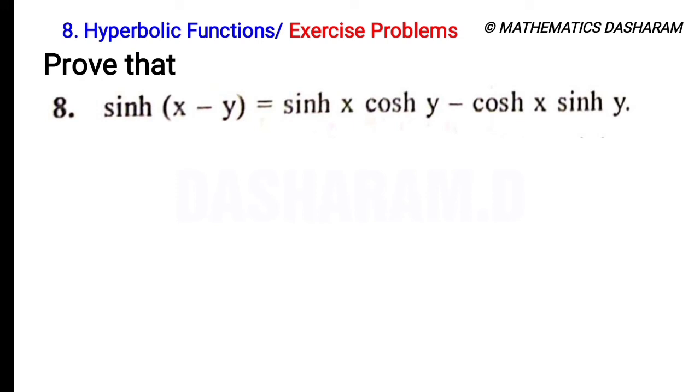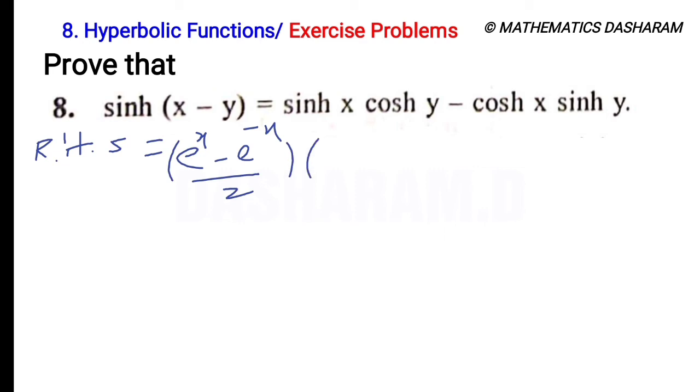Eighth question, prove that sinh of x minus y equals sinh x into cosh y minus cosh x into sinh y. So let's take the RHS. So RHS, first one is sinh x, so e to the power of x minus e to the power of minus x divided by 2